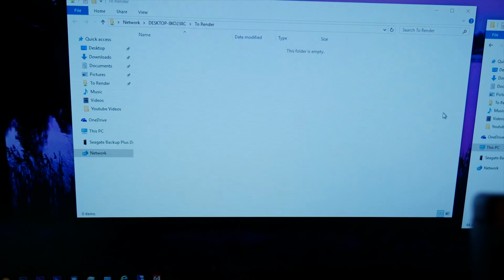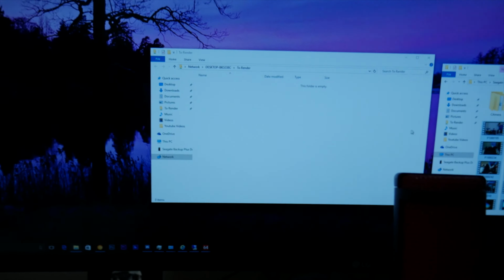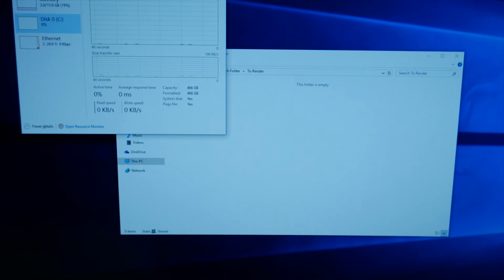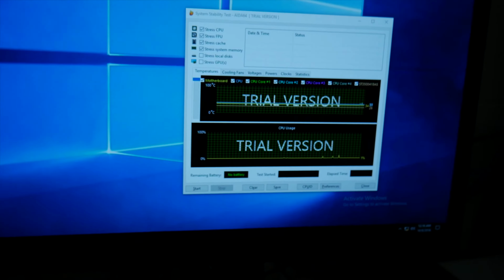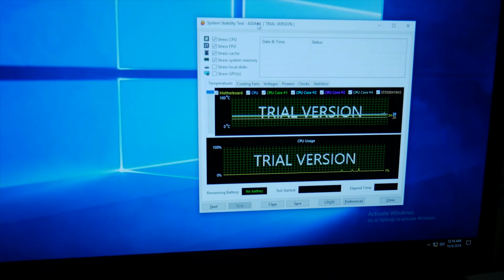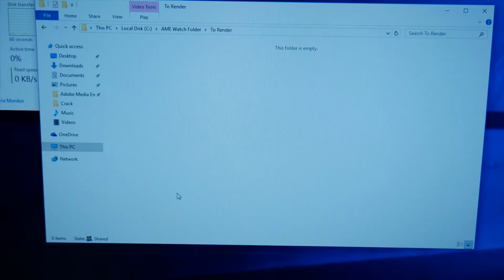what we do, this is what I've set it up to do, is I've set up a share here called ToRender, and this is located on the other computer. I can also access the other computer using the remote desktop, which I can connect to the IP, and as you can see, I'm just monitoring the computer with ID64. I need to buy a license for it, so I can tell how hard it's going to work in the utilization. Here is the same folder on the actual system,